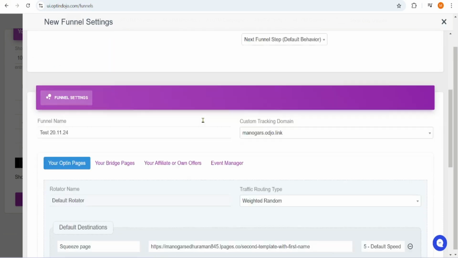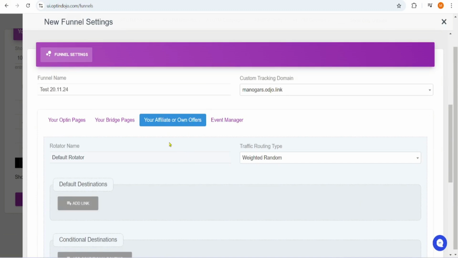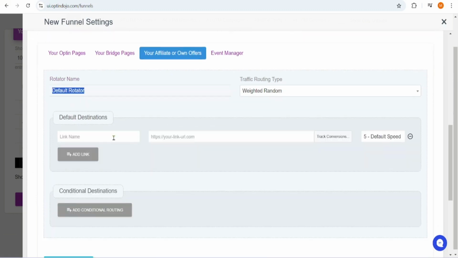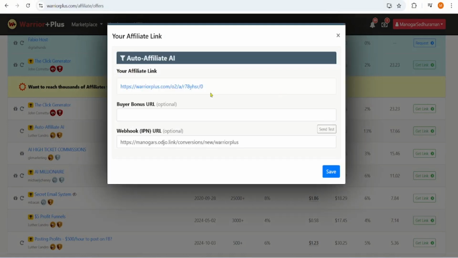And the next step is to add your affiliate or your own offers. Now over here, under the default rotator, add link. Now this is going to be the default destination, and you have to go to your Warrior Plus account. Now I'm in the Warrior Plus account, and over here you can choose any of the offers that you want to promote. And in this case, I'm just going to promote Auto Affiliate AI. Click on get link, and over here just copy this affiliate link